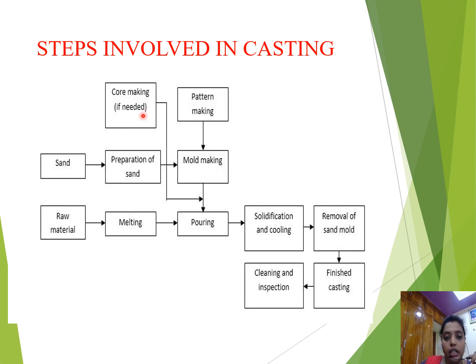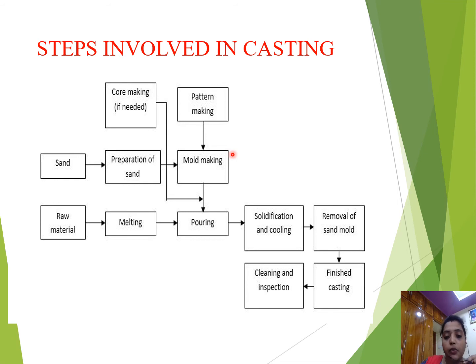Okay, now let us see what I said to you. If we want hollow objects, first of all we want to make our core also. Core is also made up of sand only. That's why here we will involve core. After making the molding process only we will make core. Okay, that's why this will involve after the mold making. In mold making only, what we are doing? We are making the mold cavity also.